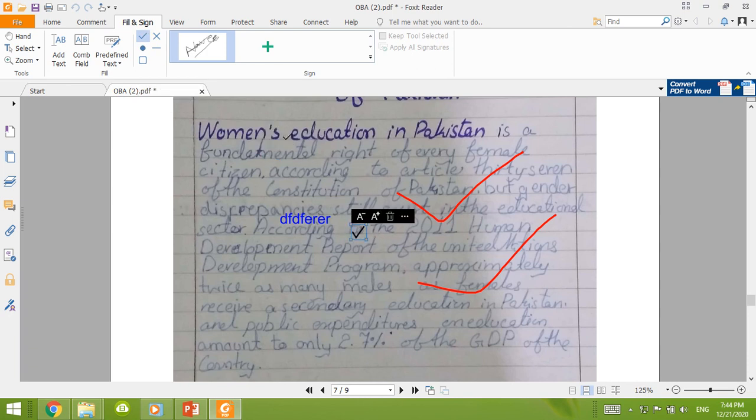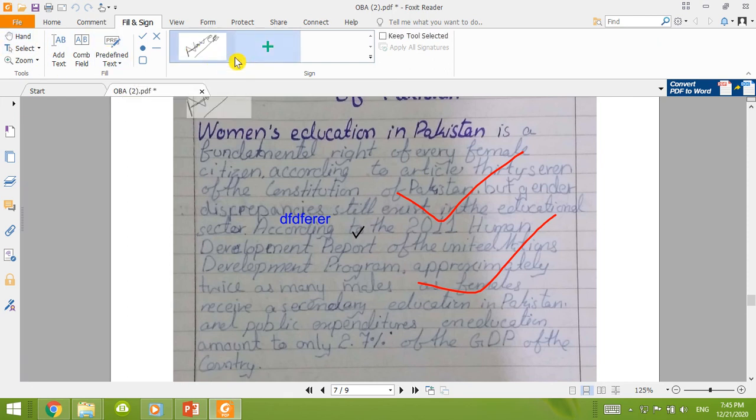So these are tick marks as well. You can use these tick marks. Signature, keep selected, add text, add stamp. You can also predefine text as well, and then the signature option.